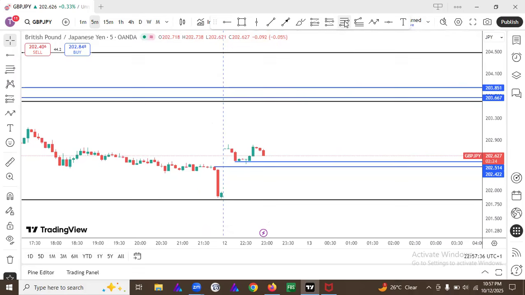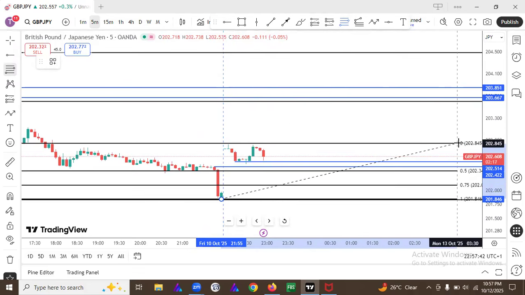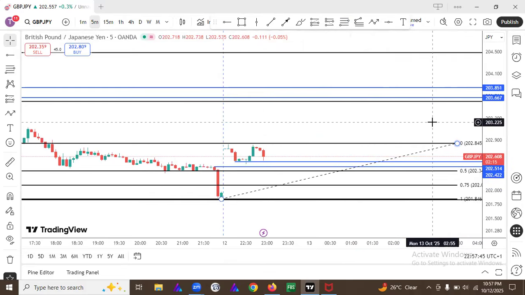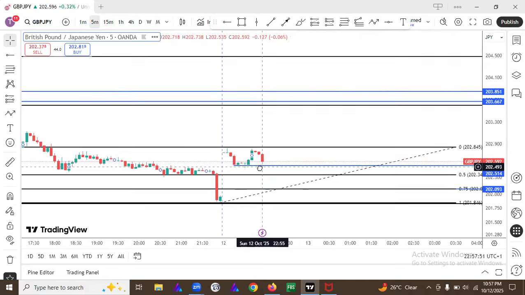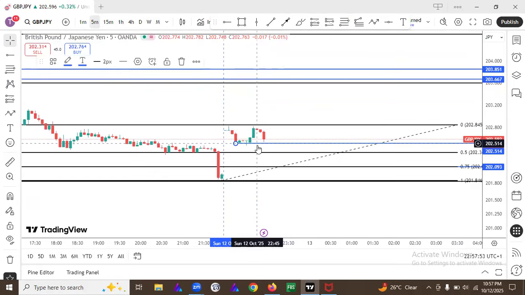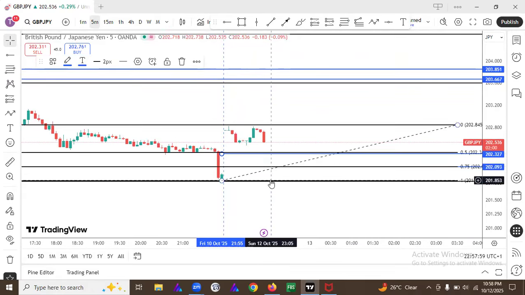Okay, they have this good gap also. So in this case, let's apply our Fibonacci from this swing low to this swing high. You want to wait for price to pull back to a discount area, which should be below level 50. Look for your buys around this zone. Wait for price to pull back to this zone before you risk buying,